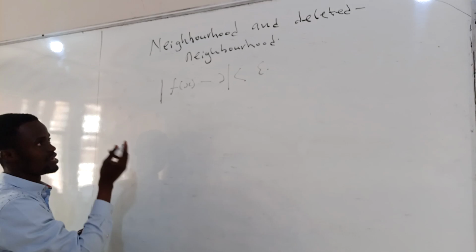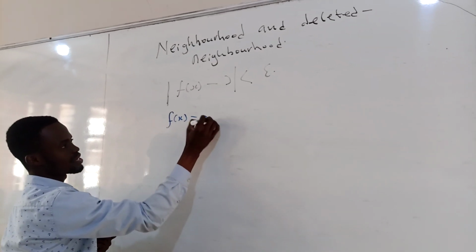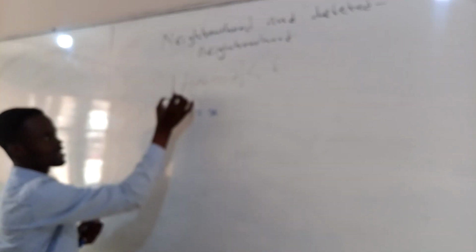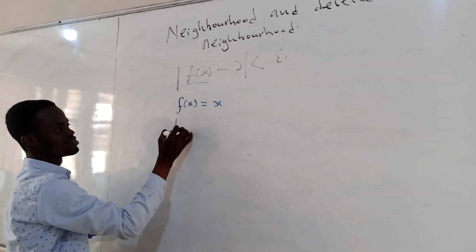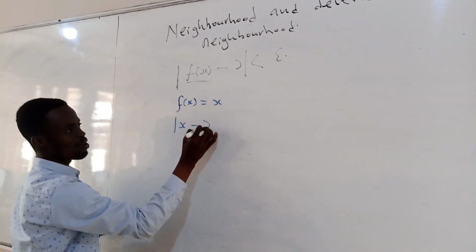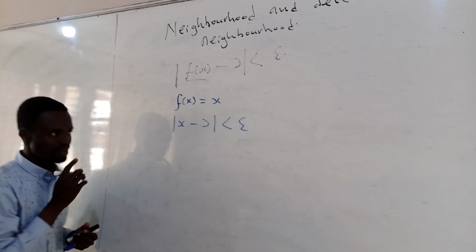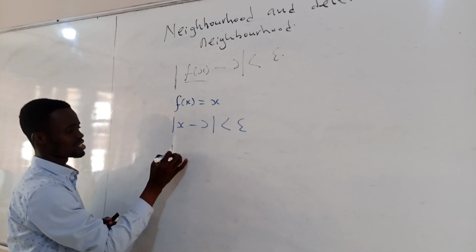Okay. So this one, we have f of x equals x. So in place of f of x in the equation, you can substitute in x. So you're going to get the absolute value of x minus something, less than something. Okay, like this. Whenever you have the absolute value of something,